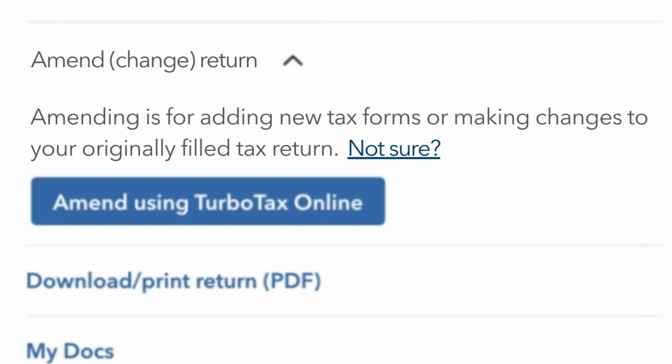Later on, this little tab will pop up and you want to click on the Amend using TurboTax Online button right